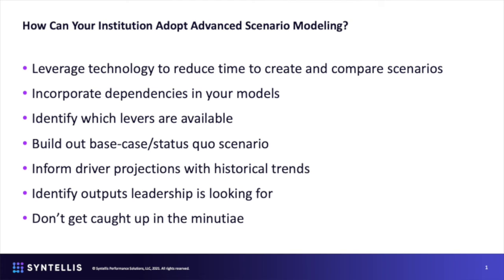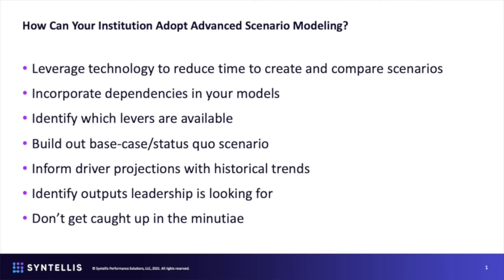The other thing this advanced modeling allows you to do is identify and communicate to leadership the levers that you have at your disposal. So much of what I heard back from clients and the market was that, especially with COVID, they felt like on the top side they didn't have a lot of control in enrollment this go around. So not really sure what was going to happen there, but then their levers are really the expense side, looking at what happens if we cut travel, what if we suspend 403B matches, those kinds of things, and how much wiggle room does that give us? So having that ability and doing that analysis ahead of time really helps.